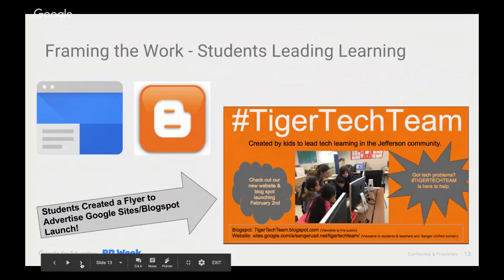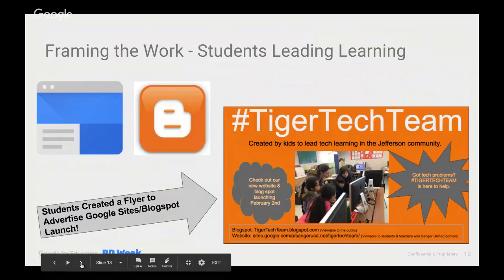These students were so excited. This was their idea. I had created this tech team where their goal was to increase technological proficiency at the school site for other students. And so we were going to use technology to do that. We were going to have our Google Site where other students could come in. They were going to write a blog, put in some slide decks, put in some YouTube tutorials. They were so excited that they started coming up with additional ideas that weren't mine, which was awesome. So they said, we need to make a flyer because we need to let everyone know that this website's coming out. So they went ahead and created this